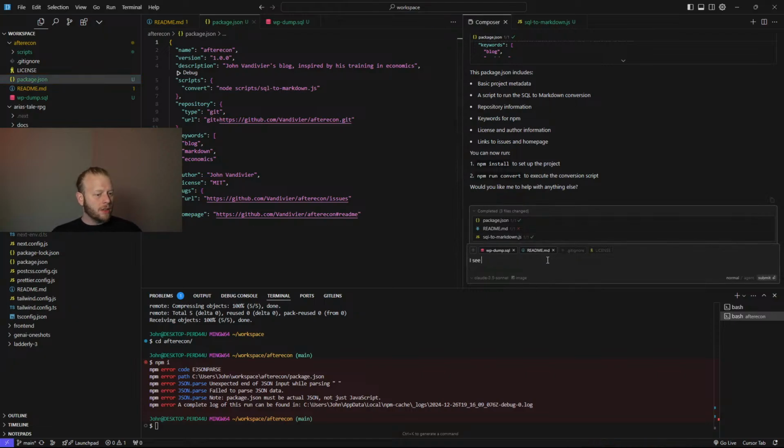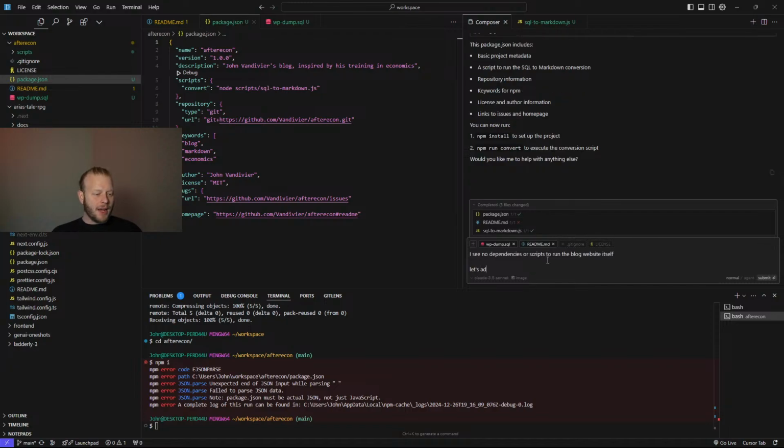I see no dependencies or scripts to run the blog website itself. Let's add those and emphasize a modern, stylish UI with light and dark mode.